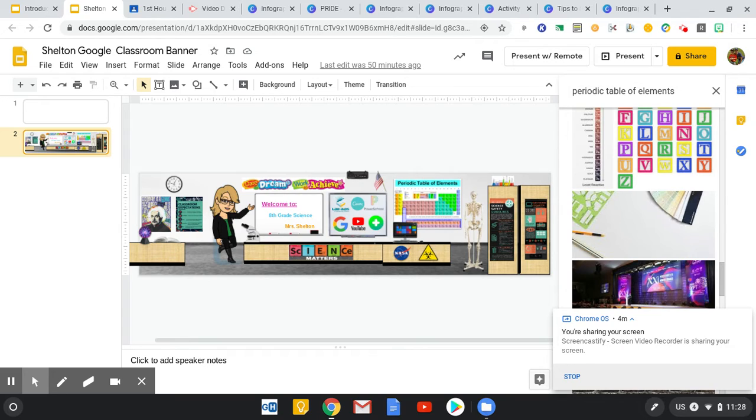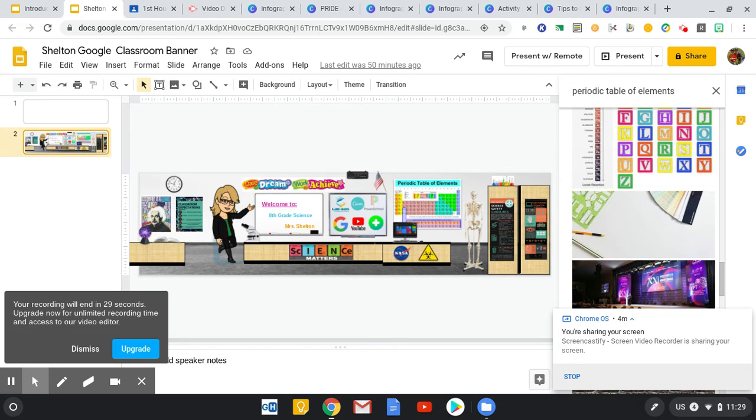So I hope that you've enjoyed this introduction. I hope that you've got some great ideas to start thinking about how you can use Bitmojis and Canva in your classroom, as well as how your students can use these as well. I look forward to continuing to work with you,